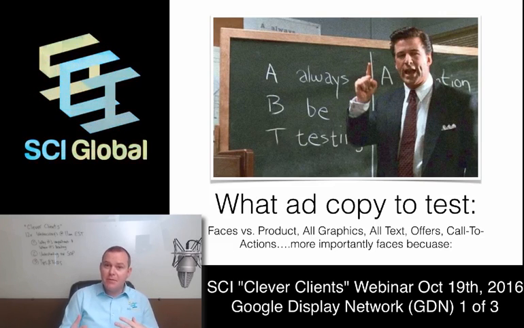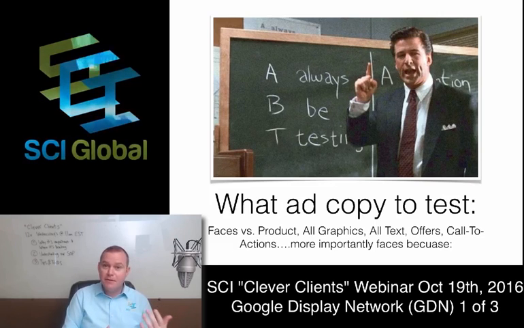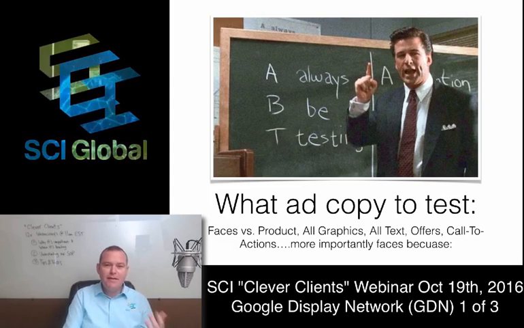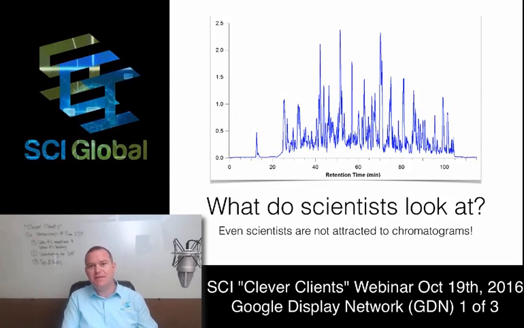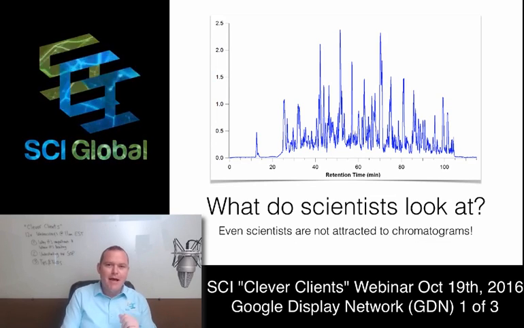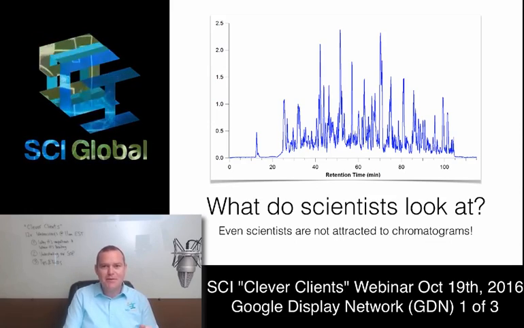So some things that we test include people's faces versus product images, all graphics, all text, and most importantly, really having that individual person's face on there. Everyone, when they're looking at banner ads, men obviously look at women in ads, and women look at women as well, and also babies, not men. But even geeks don't want to look at chromatographs. Charts on a banner ad are not going to get someone's